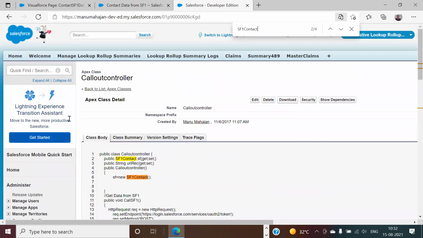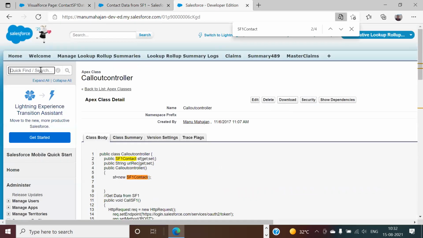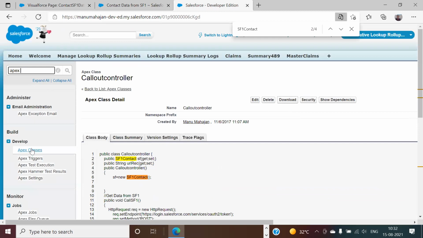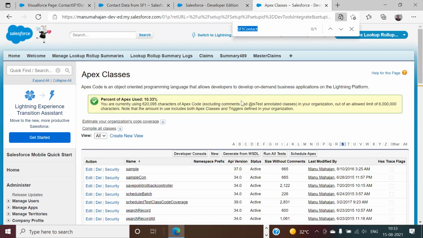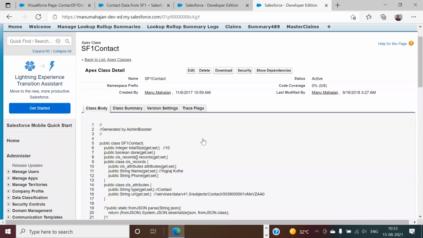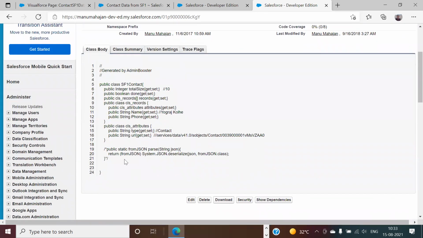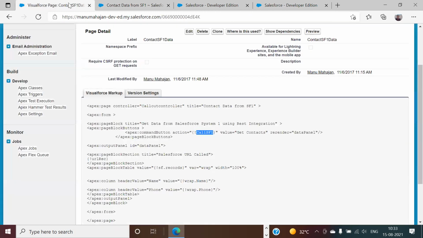If you see, this is another Apex class. So all this data is coming. Since this is a wrapper class, if you now see, this is being displayed here.